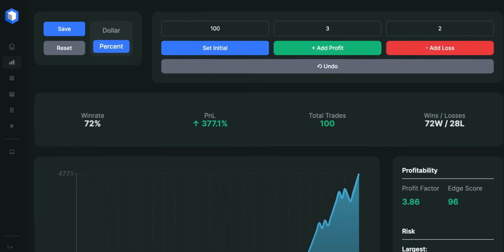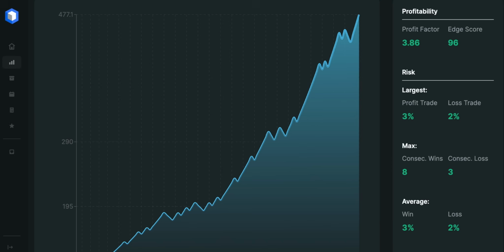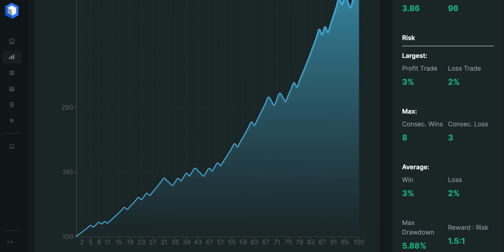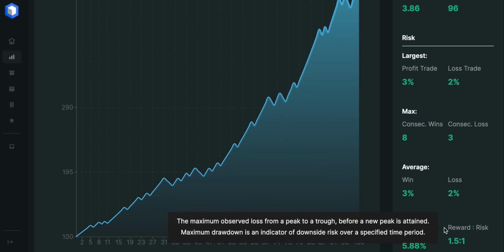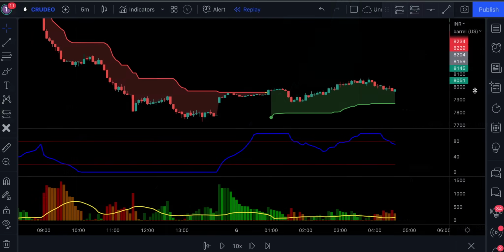It took me around 2 months to find those 100 setups. The profit factor is 3.86 and we had 8 consecutive wins against 3 consecutive losses. The maximal drawdown is also looking pretty good. So overall I would say the strategy is really profitable. You should definitely forward test it with paper money, and once you're happy with the results you can start trading live. I think this strategy would perform even better on higher time frames,